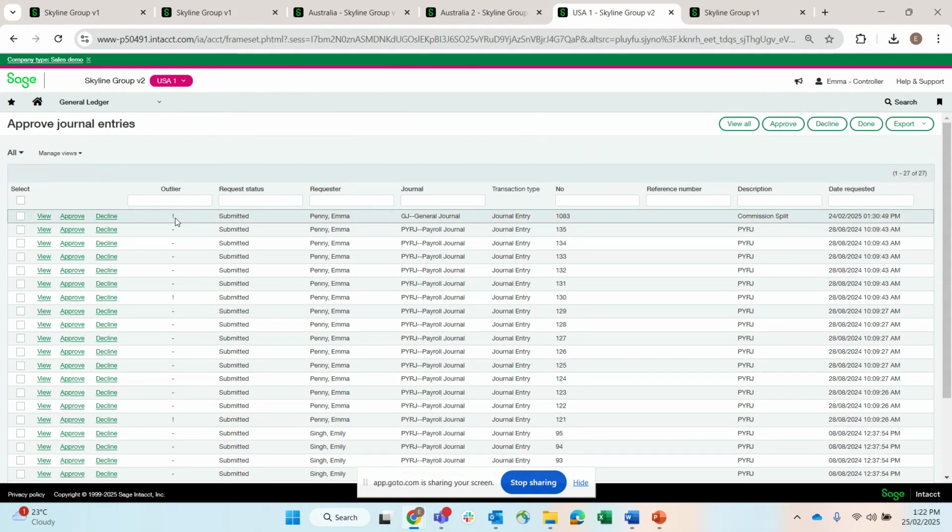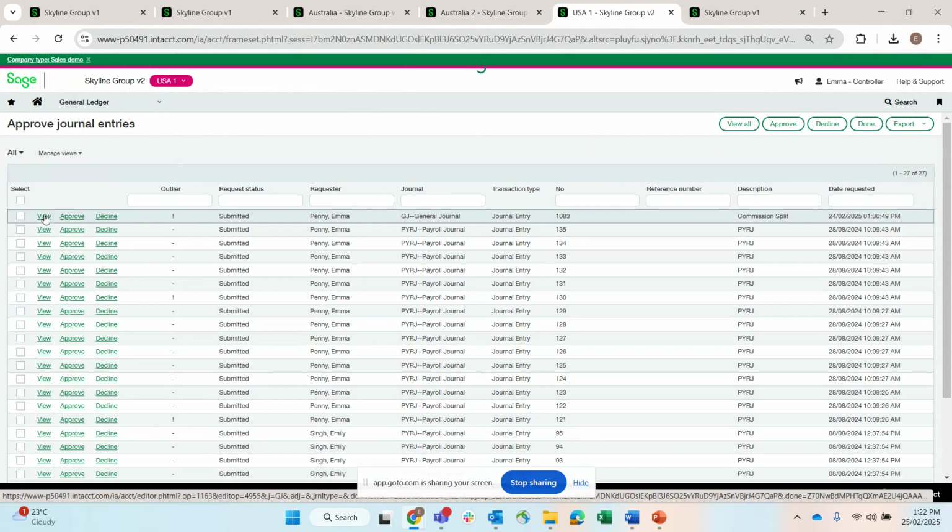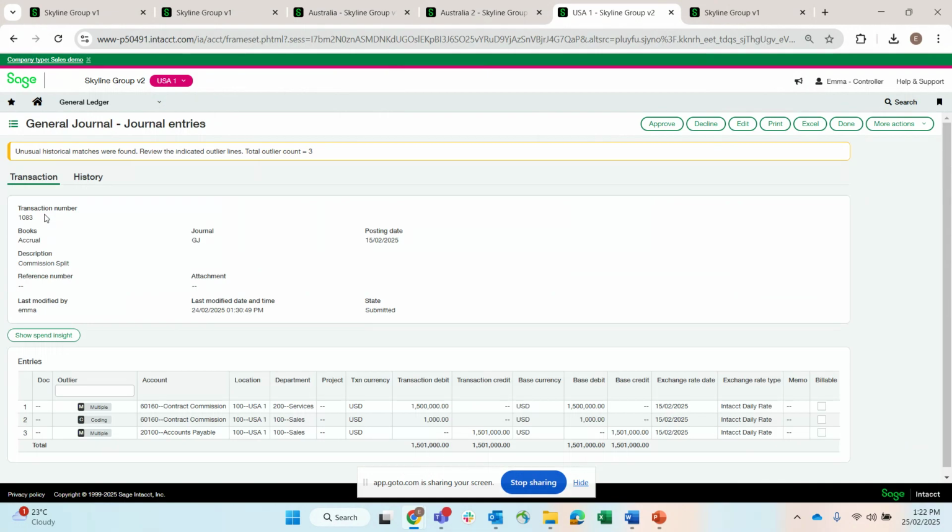So in my case, I've got a few in there, but let's have a look at the top one. We'll come in to view this before we approve it and see what's going on. We've got a little bit of a headline reference up here. The system's telling us it's an unusual historical match. Then if we come down to the transaction reference itself, you'll see my outlier reference is